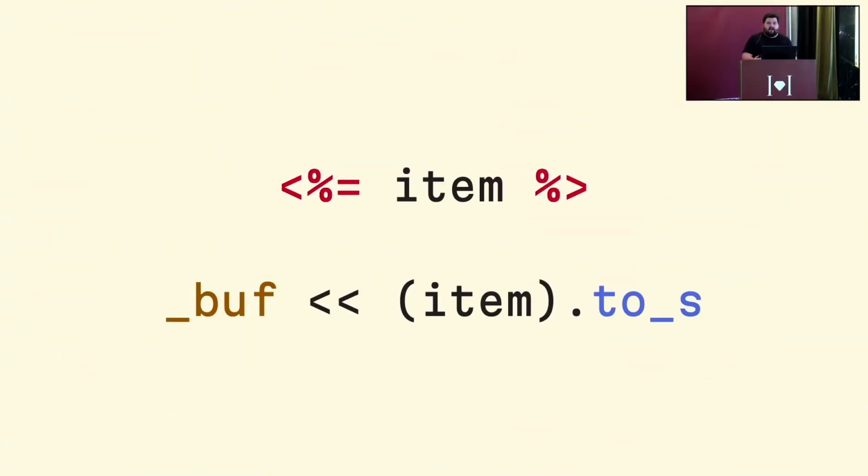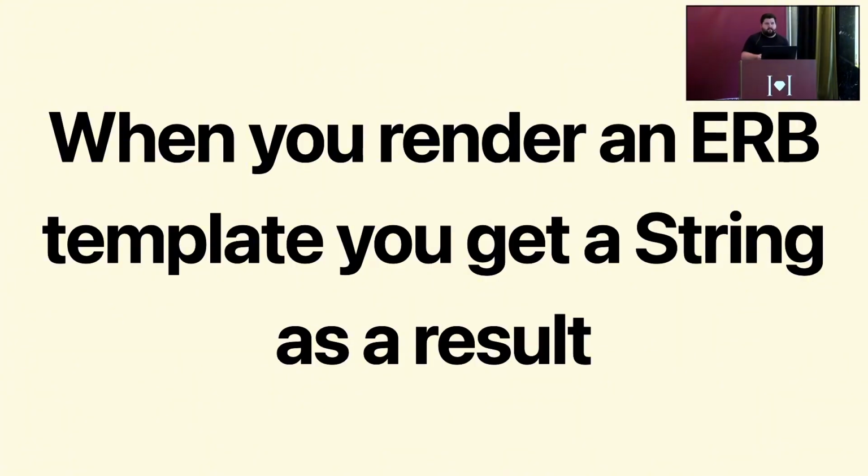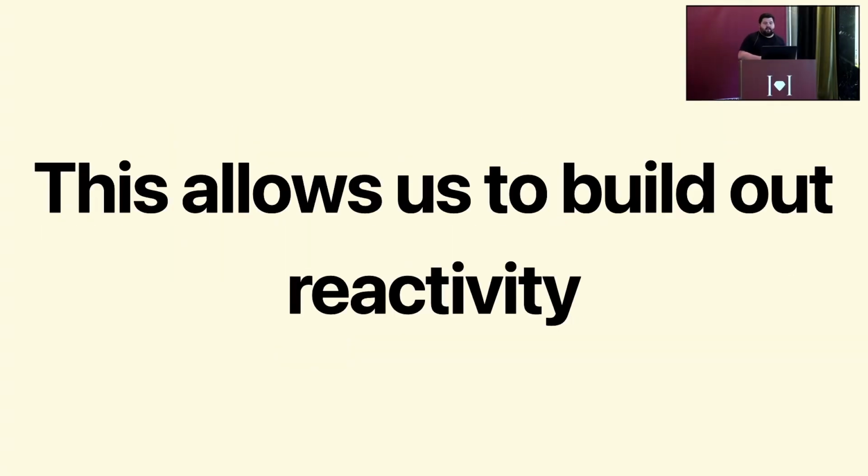So what we are saying is whenever we are calling out to an ERB output tag, we are expecting a string as a result, and we shovel this into the buffer. And in the end, you don't really care what's inside of these tags. You just care that we are getting a string back from that operation. So it takes some state in, it produces some string as the output. And the same is true for the whole template itself. Whenever you render a template, you get a string back as a result of this operation. And this is what allows us to build out the reactivity,